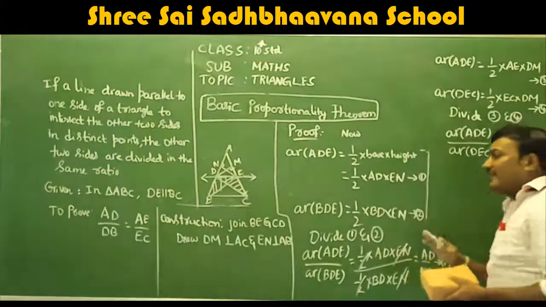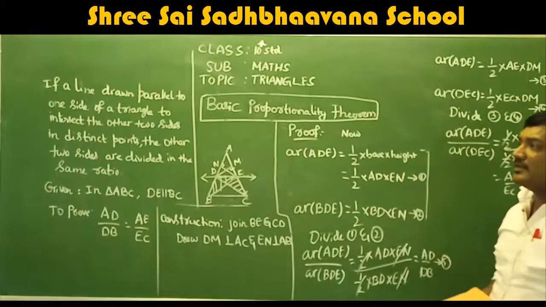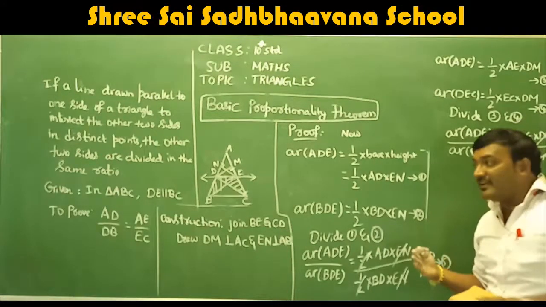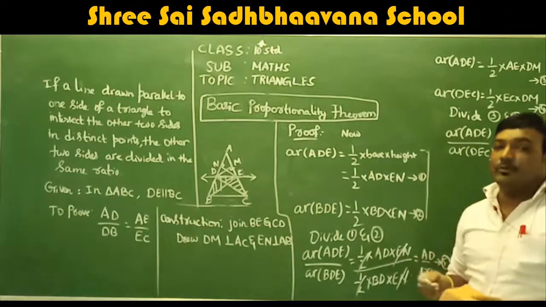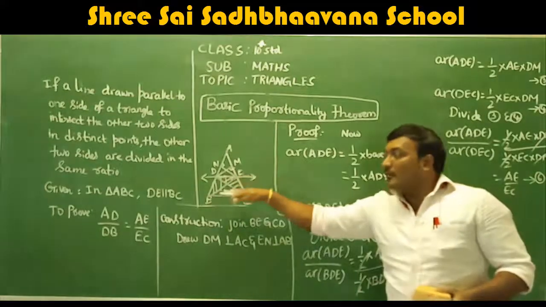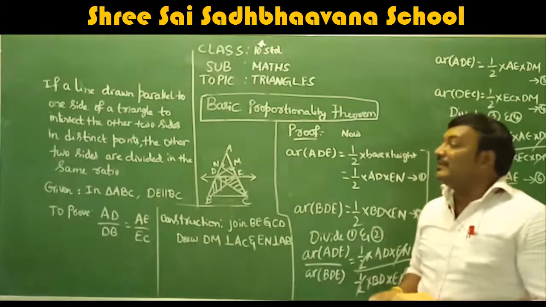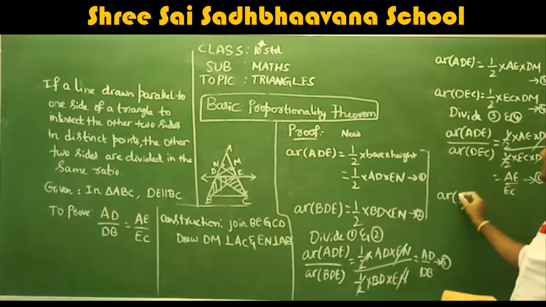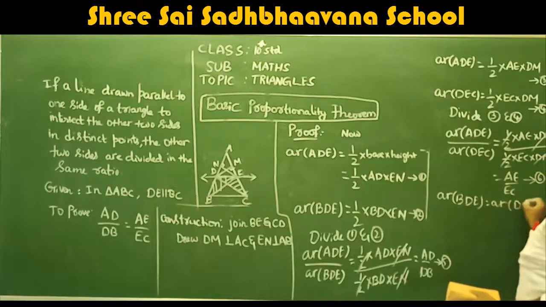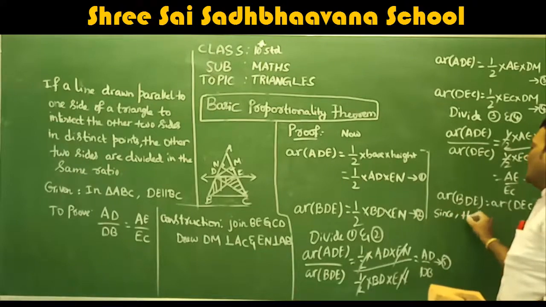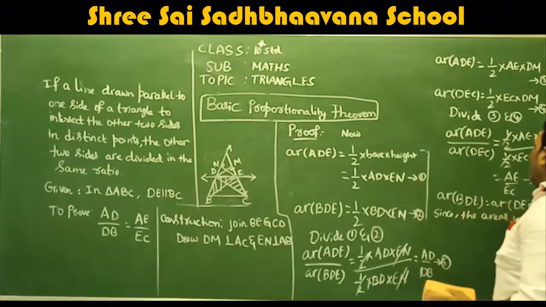Now, the second one I also discussed before discussing this theorem. What is that? Areas of triangles between two parallel lines are equal. Here, DE is parallel to BC, which we already know. So what are the two triangles present in between DE and BC? So can I write area of triangle BDE is equal to area of triangle DEC? Because since the areas of triangles